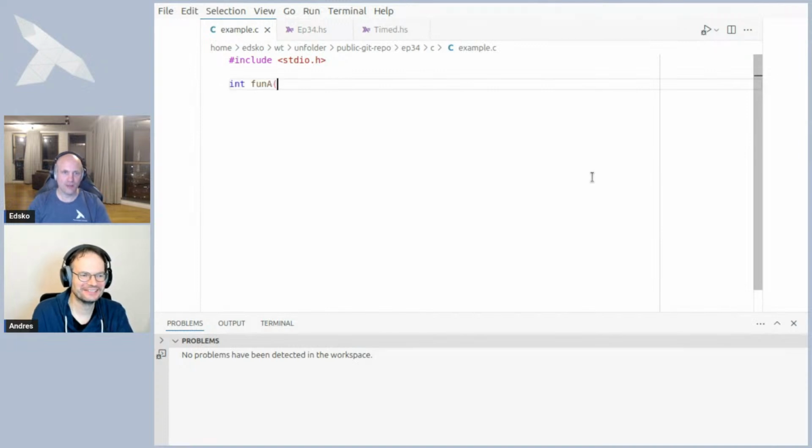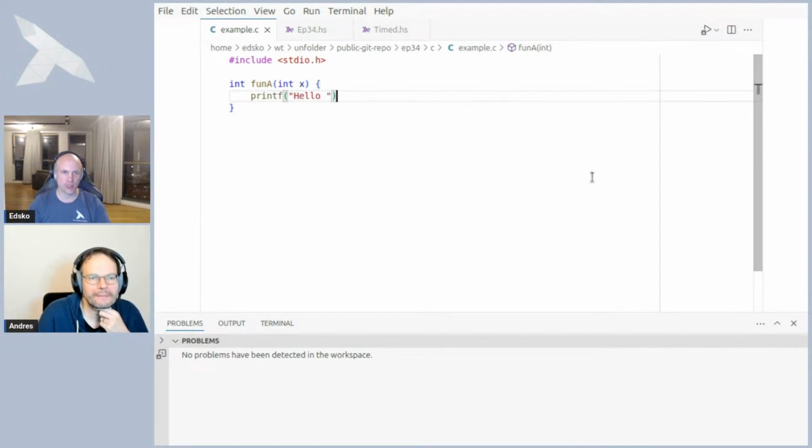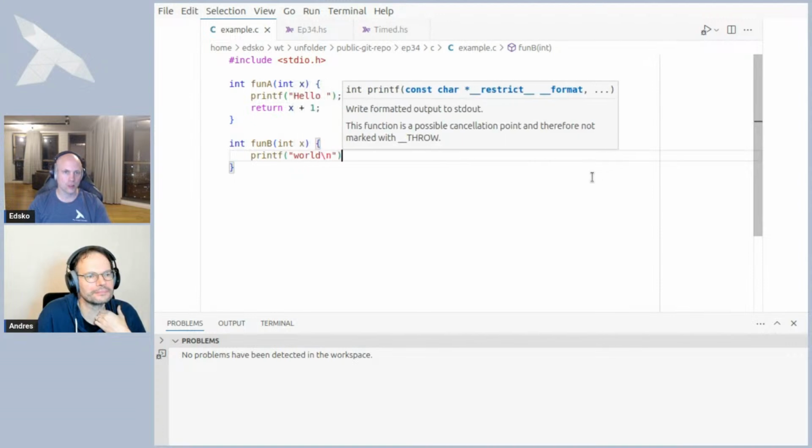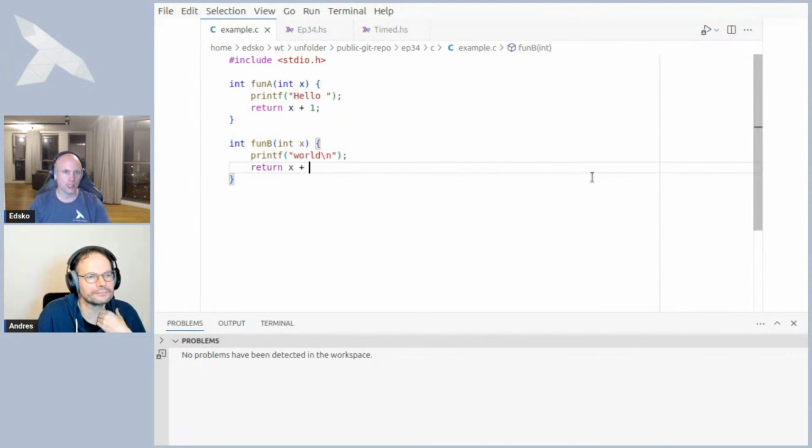So let's suppose that we have this function fun_a in C, which takes an argument x, and what it's going to do is print the string hello, and then return x plus 1. And maybe we have a similar function b here, which also takes an argument x, and it's going to print world, and then return x plus 2. And maybe we have some main program here, which is going to call both of these functions, then maybe print the final result,